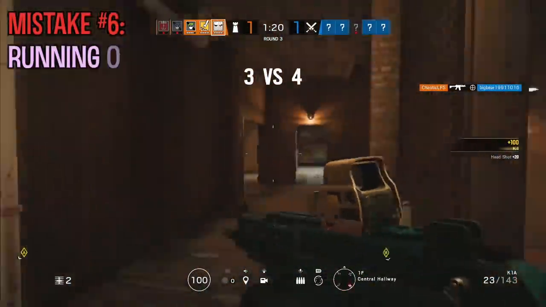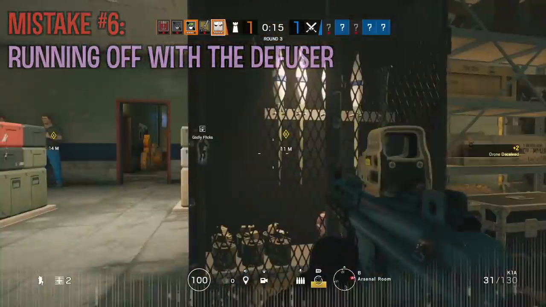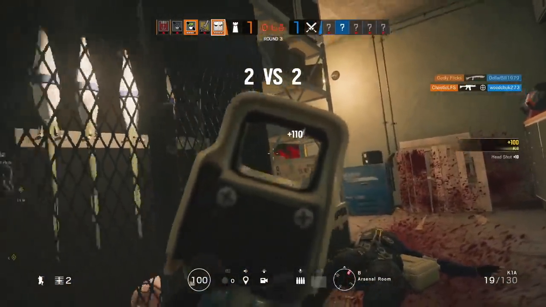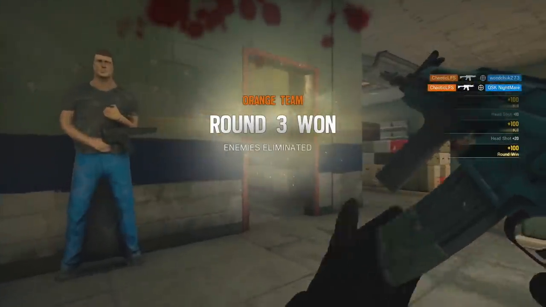Mistake number 6, running off with the Defuser. If you're playing bomb and you take the Defuser, your main goal should be to plant it. Do not take the Defuser and go off roaming trying to kill everybody. This is an enormous problem that I see with both new and experienced players. If you want to go for kills, at least make sure you drop the Defuser before you go off hunting